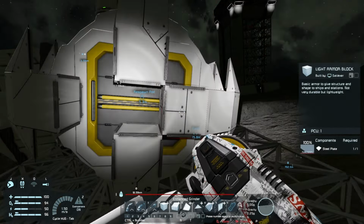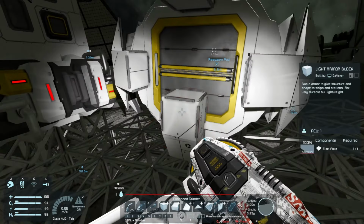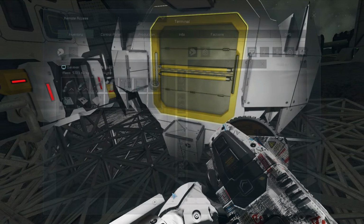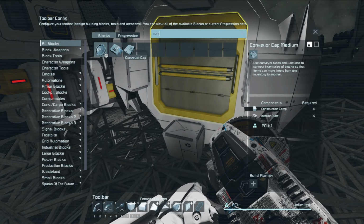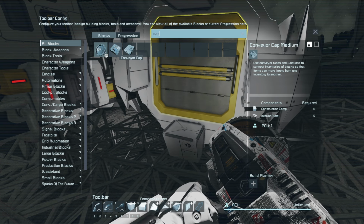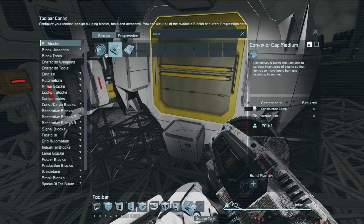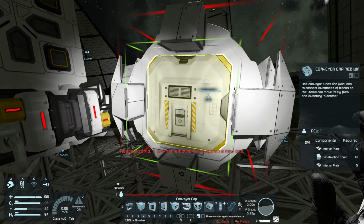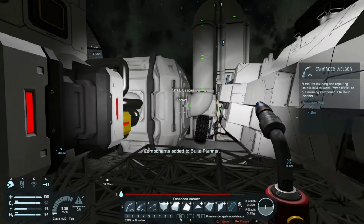I rarely use those caps. So what if I did use those caps? I think it was called caps at least, right? Was it caps? Yeah, conveyor caps. Conveyor pipe caps. So we use a conveyor cap. The medium one. I think it's the medium one that we need, right? Because it's going to be fairly large. Yeah, there you go. So a nice little cap like this would be nice for a design